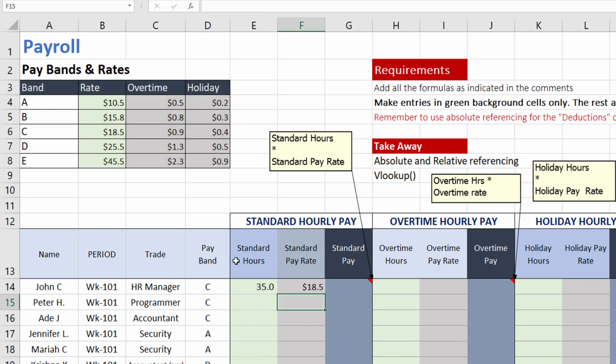So now we have 18.5. Let's see if that is correct. Is 18.5 the standard rate for band C? Correct. You can see it there. So then, what does the comment say on how to calculate the standard pay? It is saying it is standard hours multiplied by standard pay rate. So that will be equal to the standard hours multiplied by the standard pay rate. So that's that one,